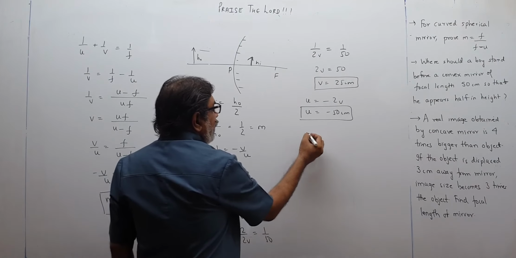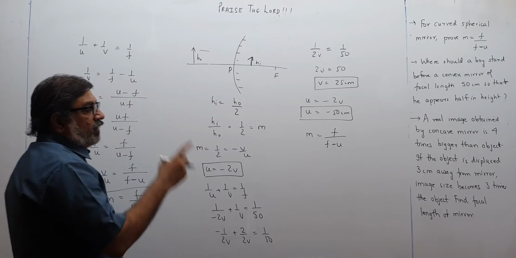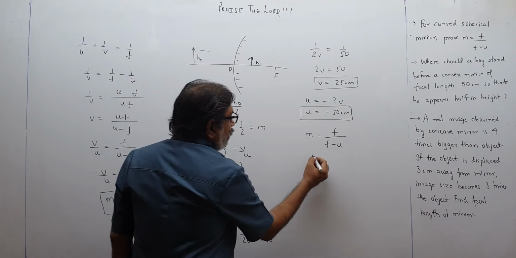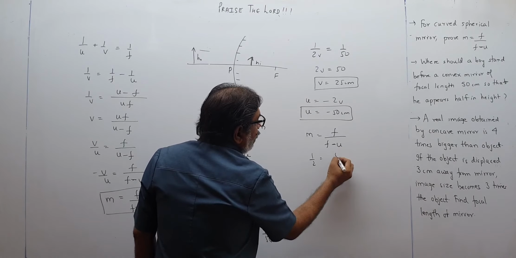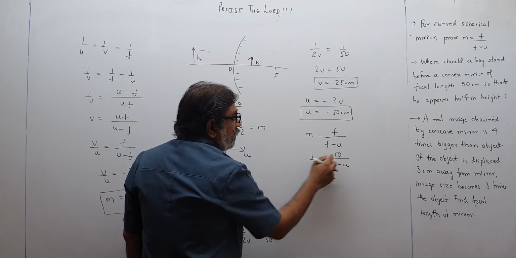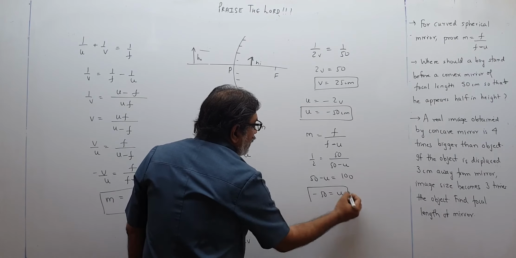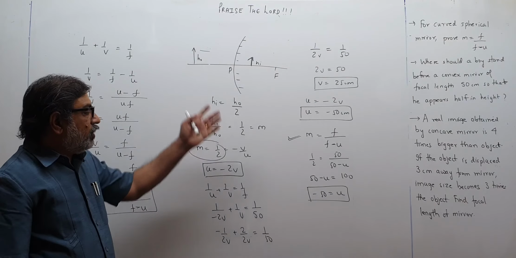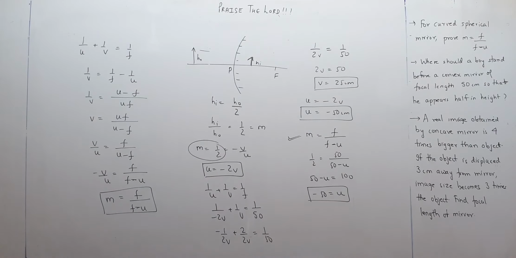Or directly, I just now proved before you, M is F upon F minus U. Shortcut we have proved according to the first question. Magnification required is half, so I put over here half. Focal length is how much? It is given to me, 50, minus U. So 50 minus U is equal to 100. Take your 100 over here. So minus 50 goes to U. Directly we can get. Therefore, this formula is very important. It can be very useful many times. See, instead of going through all these things, directly using this we got U. Please pause and copy, children.